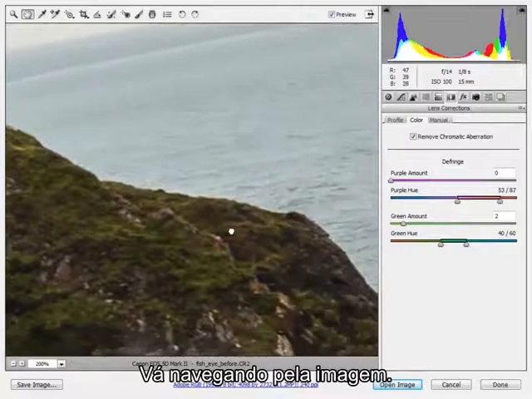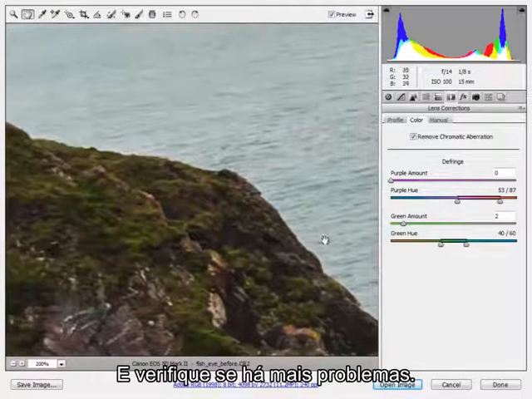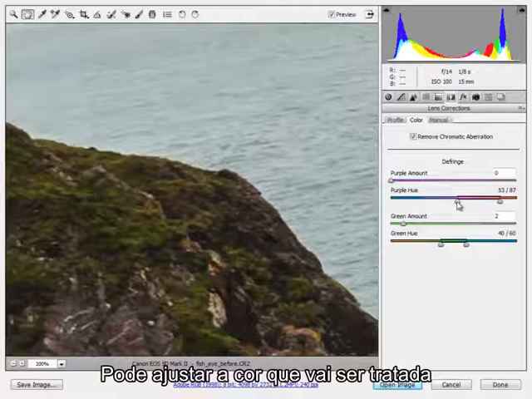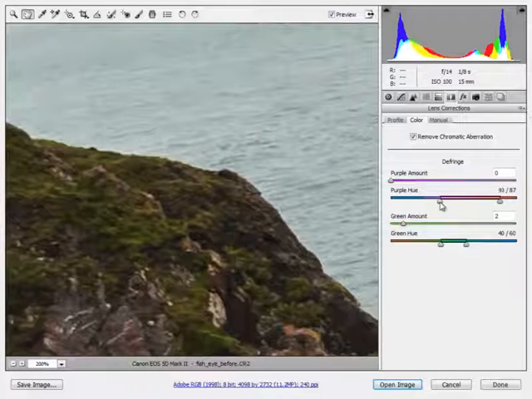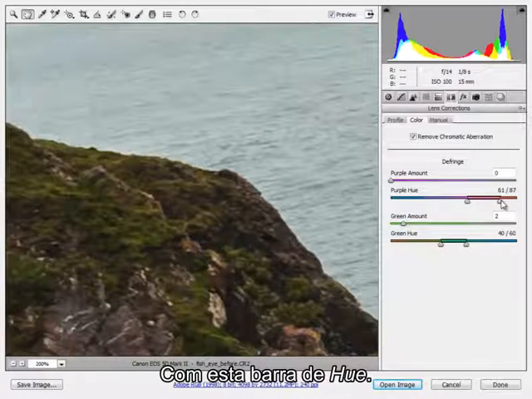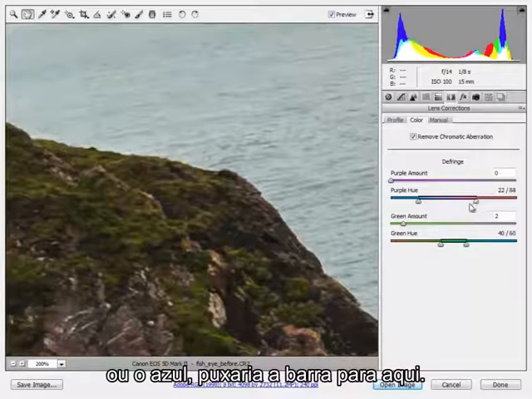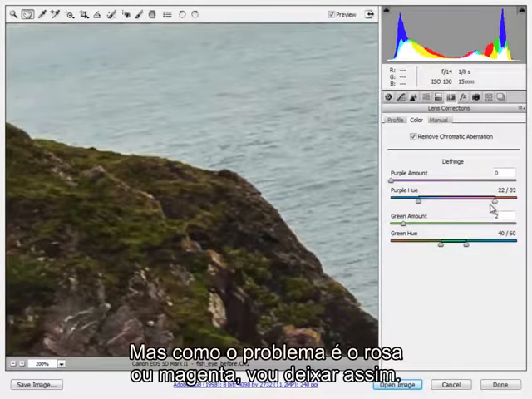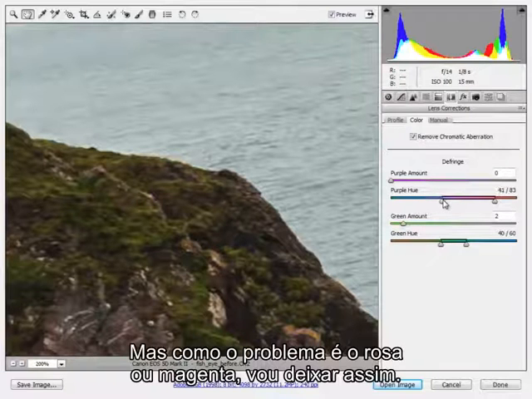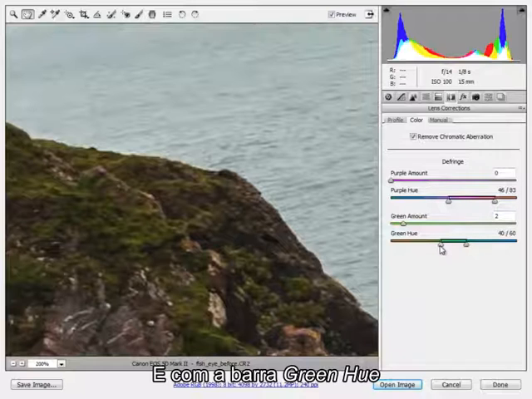Just scroll around the image, checking for more problems. And you can adjust the colour that's tackled with this hue slider. So if, for example, there was more problem with purple or blue, we would just slide it over this way. But as the problem we saw was more sort of pinky and magenta, we're going to keep it over in that direction. And with the green slider,